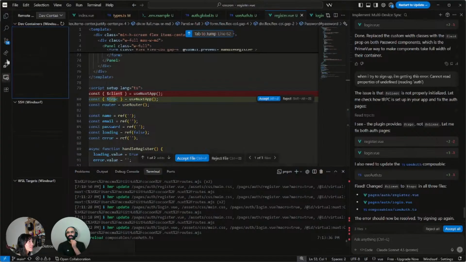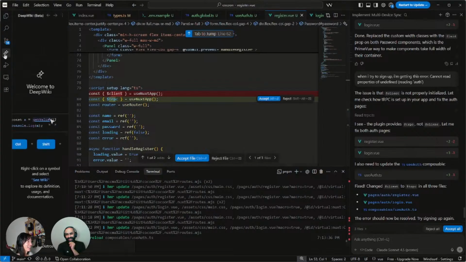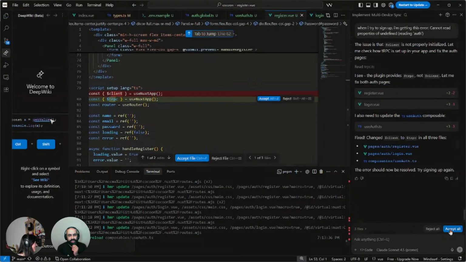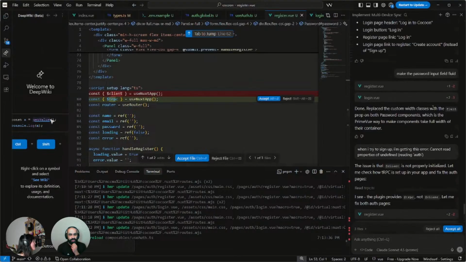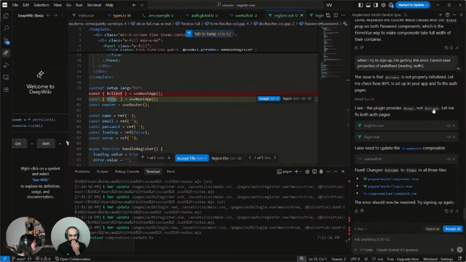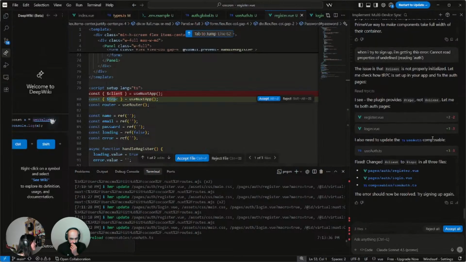Oh, you are trying to see right now. You're like, Deep Wiki, tell me. Okay. Can you right-click composable here in this window? I'm curious whether you can engage Deep Wiki from here. So it's on the bottom where it says, I need to update. Yeah, right-click. No. Oh, what a fail. Because it says right there, right-click on a symbol and select See Wiki. I think you can only do it in here. Tragic.